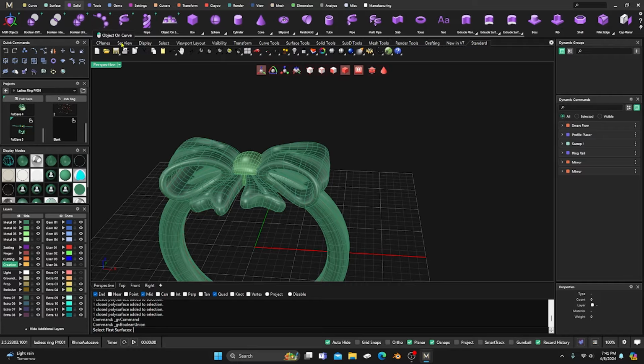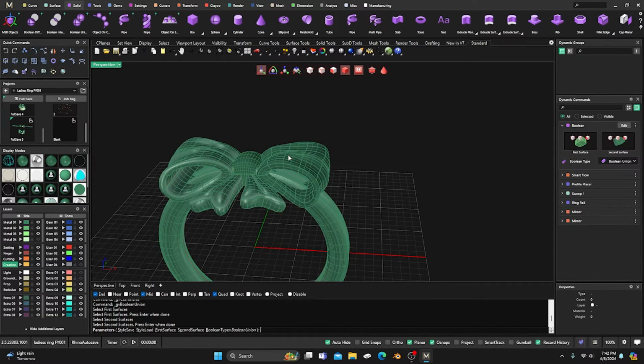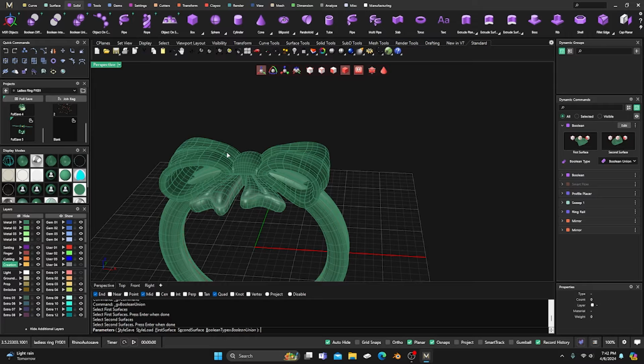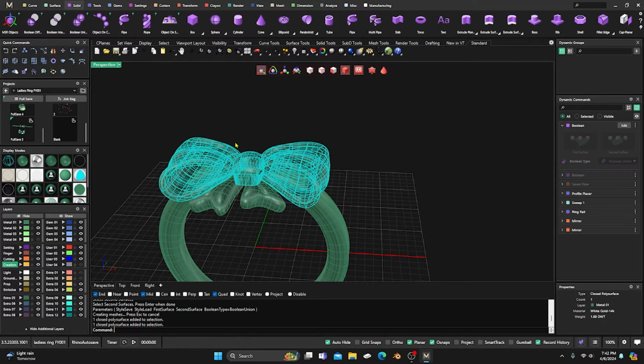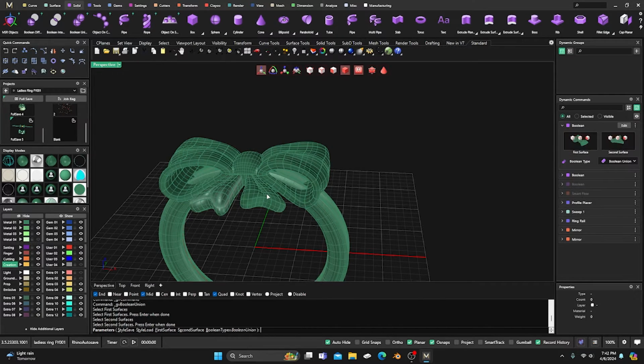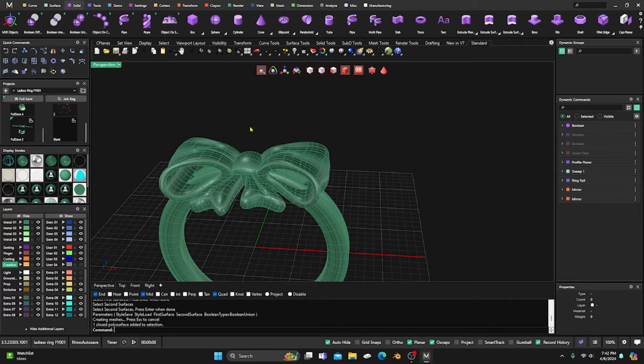So Boolean union, right? This will be our first surface, enter. This is our second surface, enter, and make sure we don't have any dupes out there or anything. And then right click. This will be our first surface, enter. This will be our second surface, enter, and just make sure we don't have any dupes. Right click. This will be our first surface, enter, second surface, enter, and enter. No dupes. Right click. This surface here, enter. This surface here, enter, and